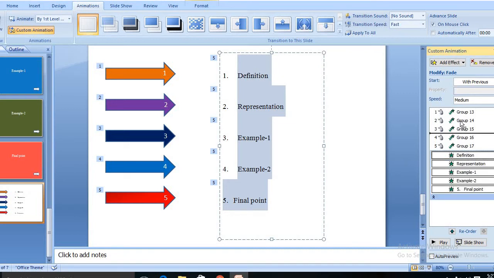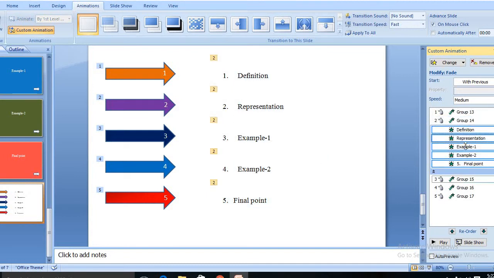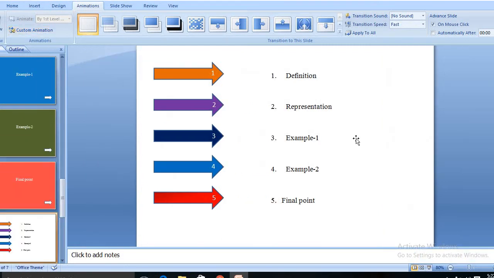First the definition will come, then the representation. The definition one is arrow 1, so corresponding definition, this is arrow 2, corresponding representation. Next take the third arrow to here, next the fourth arrow here, so automatically it will arrange. Then just close this one, then if you look at this one, it will come like this.